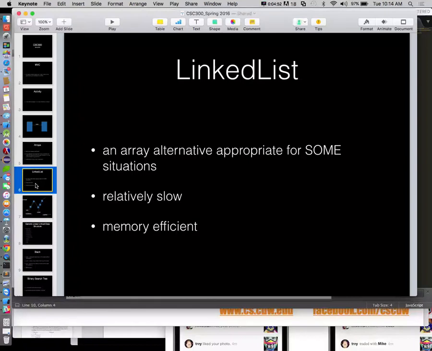Then the flip side would be linked lists. So, an array alternative appropriate for some situations. I was trying to drive the point home that you don't want to think about linked lists as necessarily being the upgrade to arrays. They are